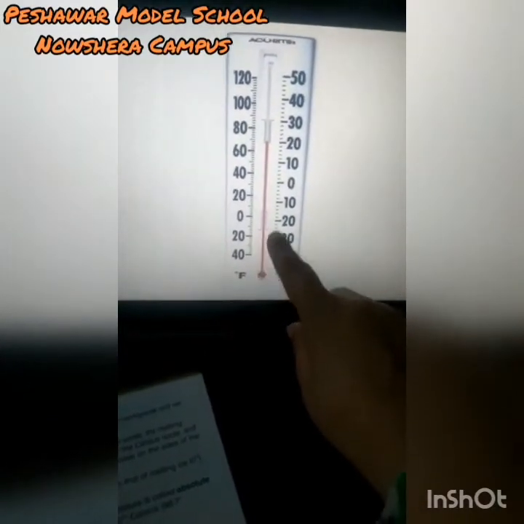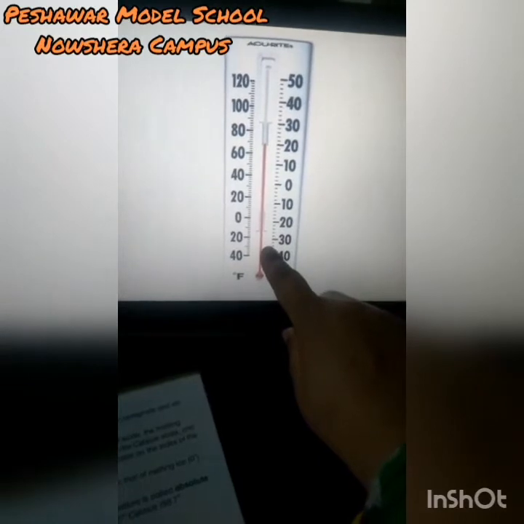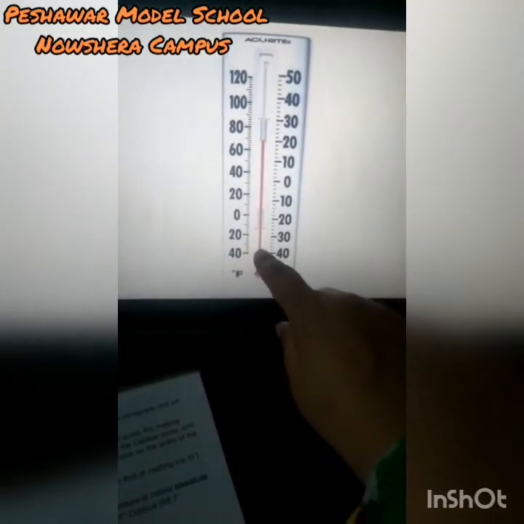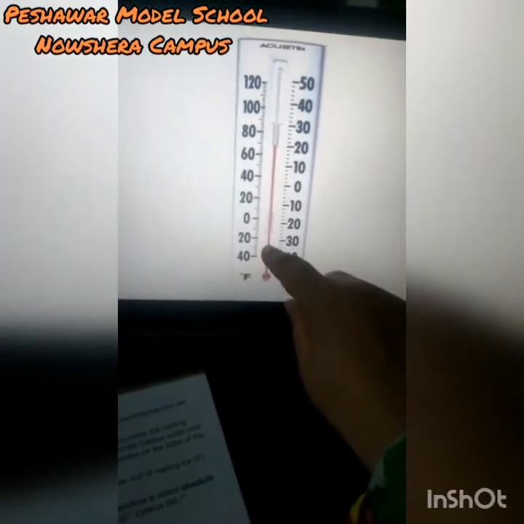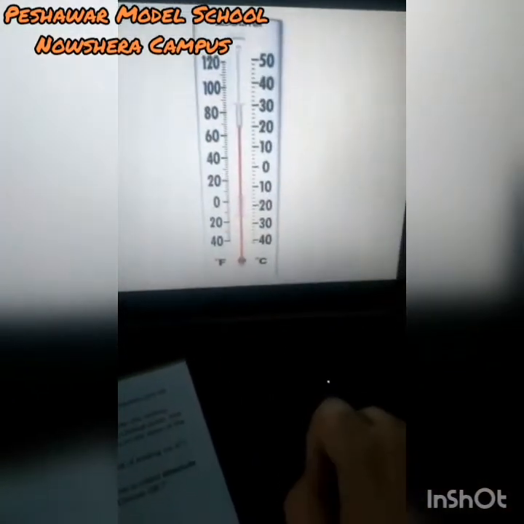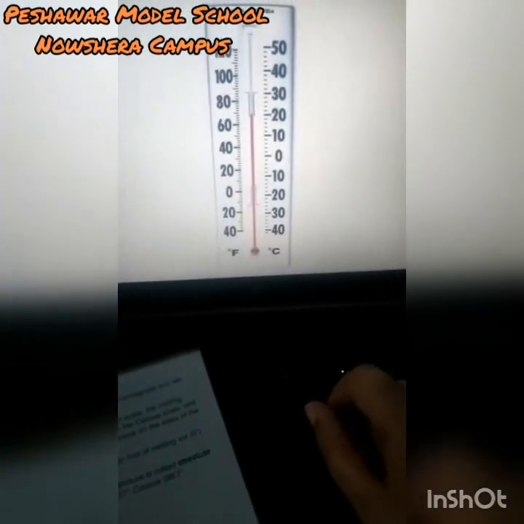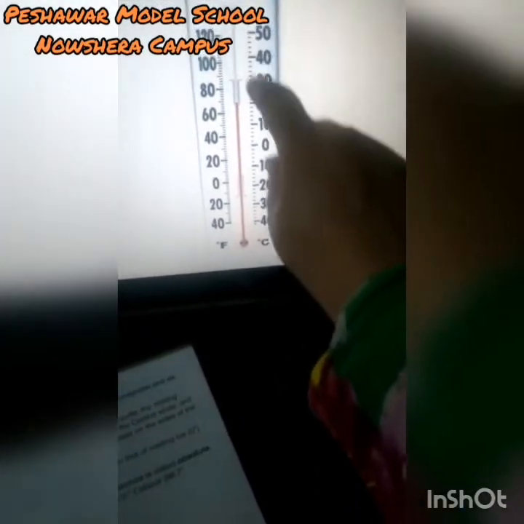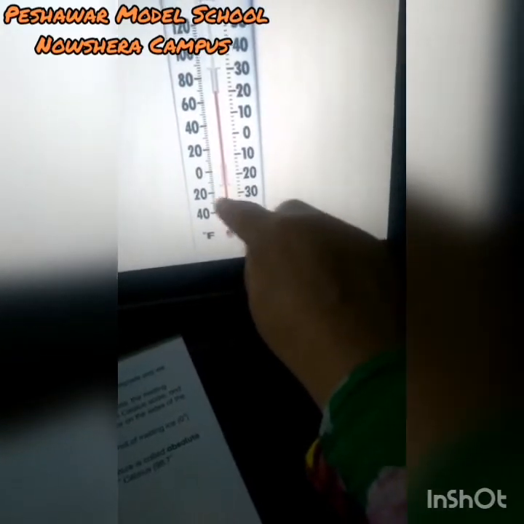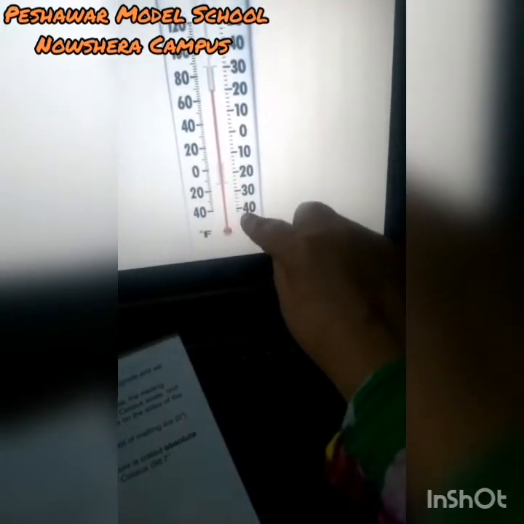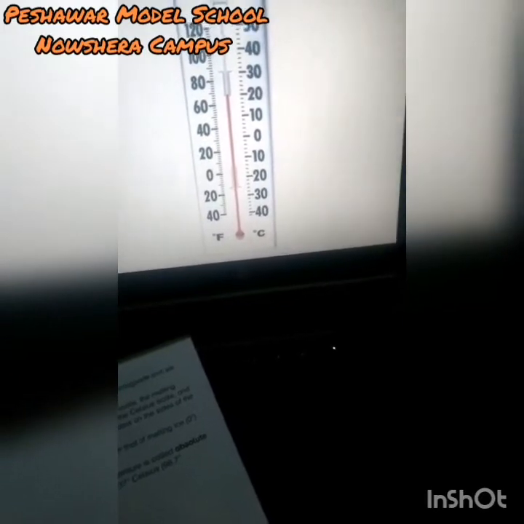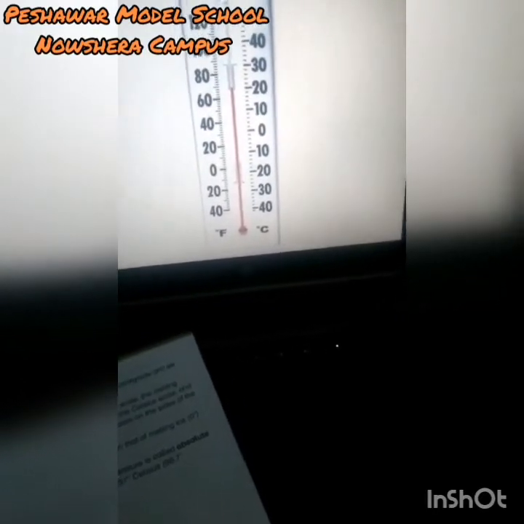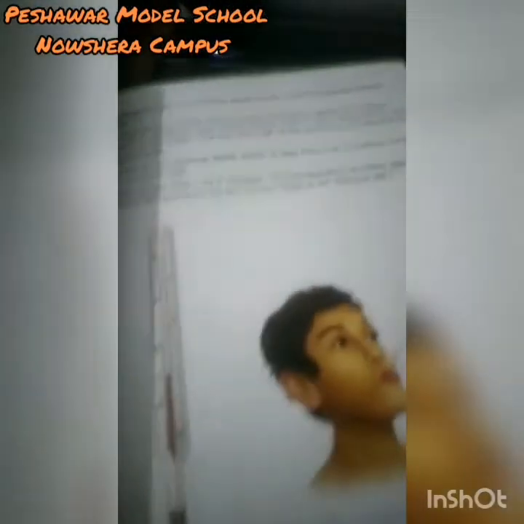Mercury or alcohol is used in a thermometer because these two have the ability to expand. When they get hot they expand and start rising upward, because of which we get these, called scales. This is the centigrade scale, this is the Fahrenheit scale. Because of this we can find out the temperature, how many degrees it is. Okay, so you will draw these 3 diagrams